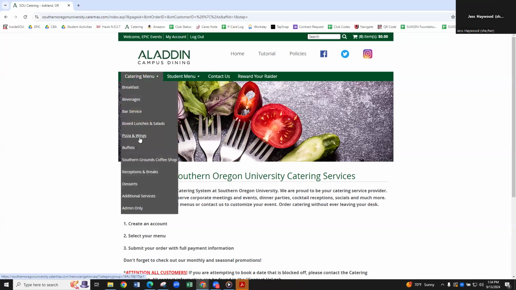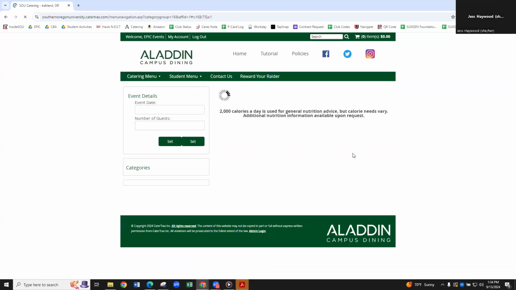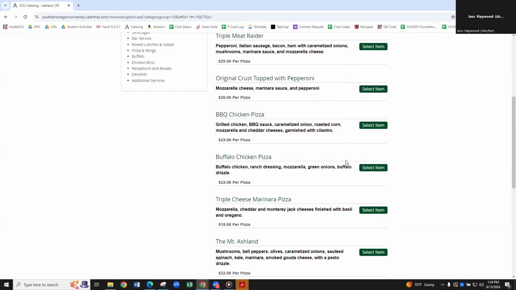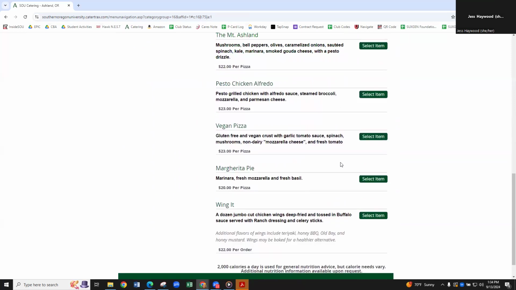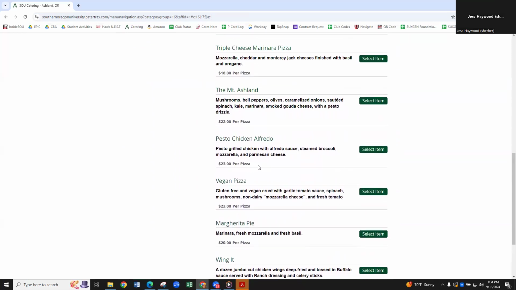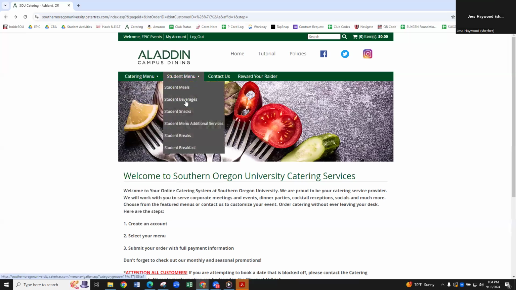We'll take a look at one of the differences here. For example, pizza and wings. If we go to the regular catering menu, you can see that they have a lot of different flavors of pizza, many different options, and they're $18 to $23 per pizza. If you go back to the student menu and click on student meals to find the pizza,